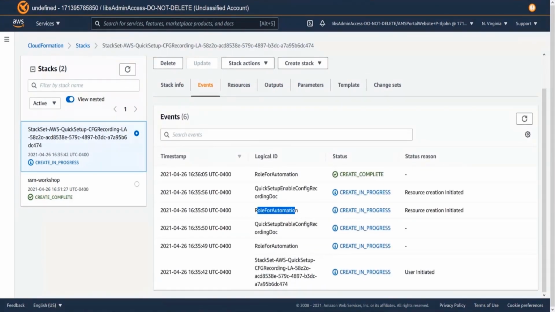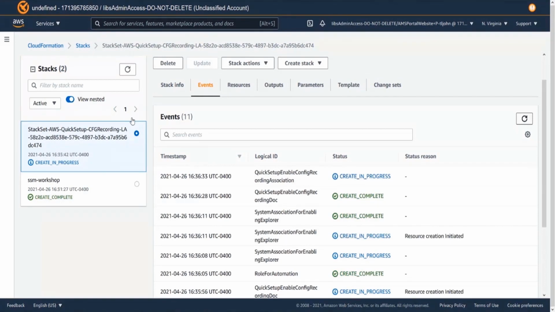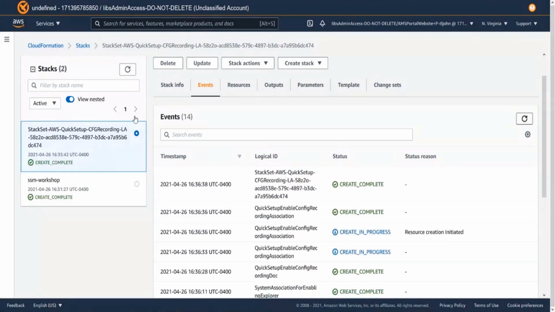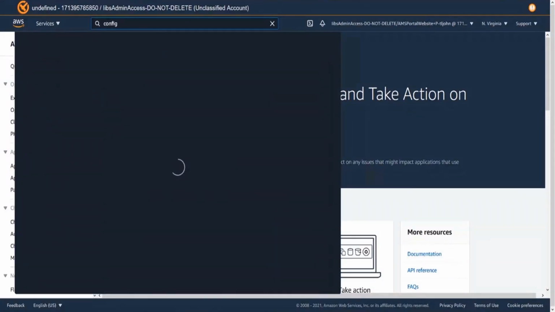So as we see here, it's creating that role that we talked about, that service account, for lack of a better word, that's going to do these things on your behalf on the EC2 instance to allow Systems Manager the ability to communicate with the systems and the AWS resources. See here, it's enabling Explorer, which we talked about earlier. It's creating that association. So it's associating these instances with this particular setup. And now we're complete. So now if we go to AWS Config,